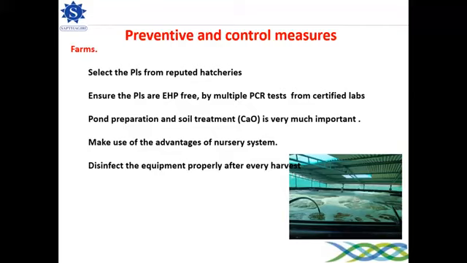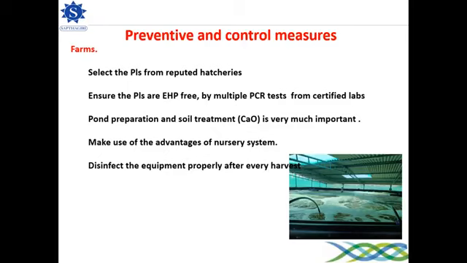PL should be tested for EHP, by the tank, fecal threads method and so on, to identify EHP. And moreover, make use of the advantage of a nursery system, because at farm level